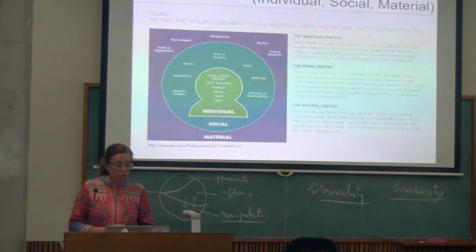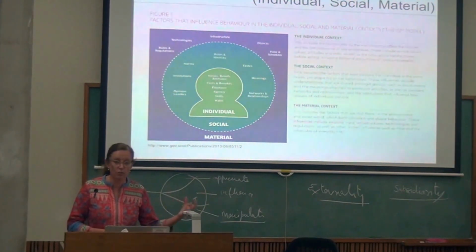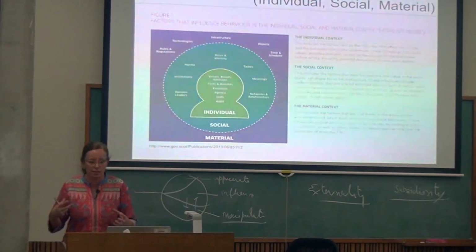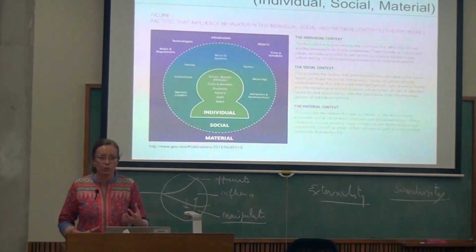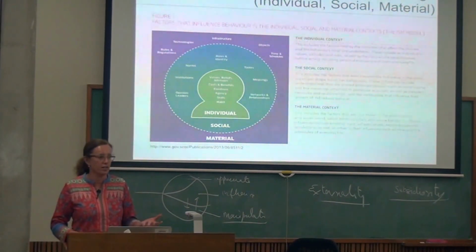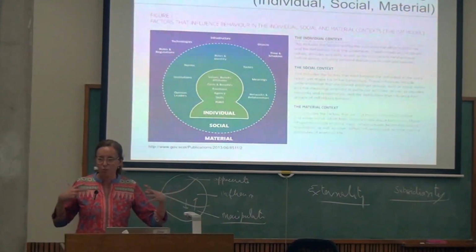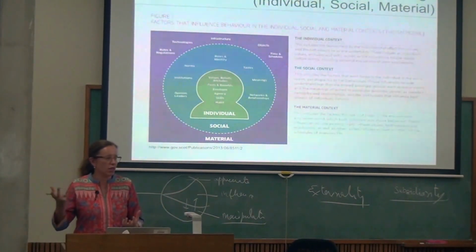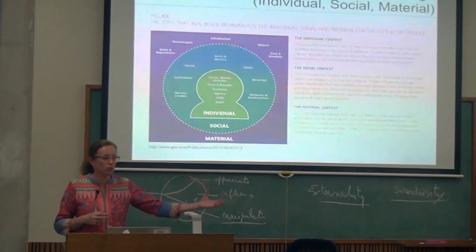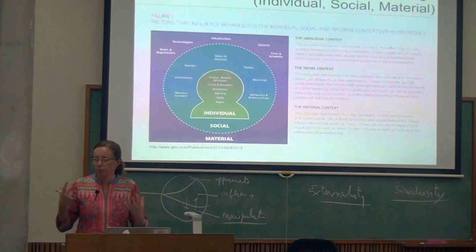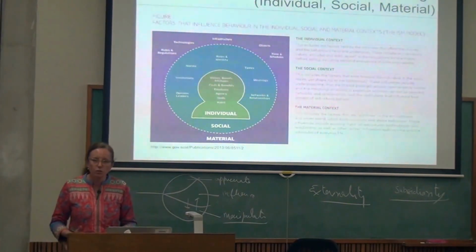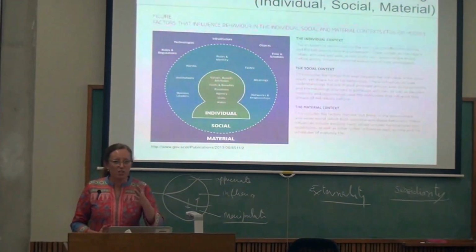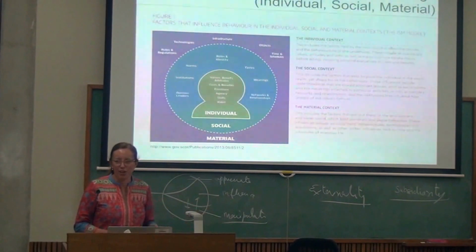So we have individual constraints, social constraints, and then material constraints. Even material constraints can be things like government rules and regulations. Even though they're not a physical thing, they are definitely a constraint. Even time schedules are a definite constraint. And I would say in India, probably the weather would be a definite constraint, particularly this summer. It's so hot, there are certain things you can't do in the heat, and certain things you can't do in the rain. So the weather can even be seen as a material constraint. The ISM model comes out of Scotland. I guess their weather is just cold, so they don't count it so much.